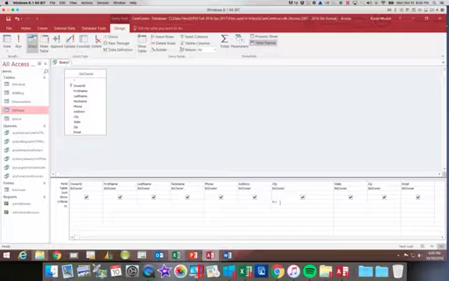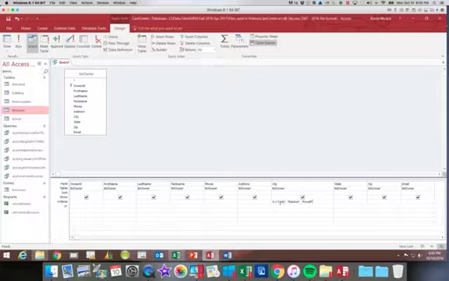So the first value is Cody. So I'm going to type quote, Cody, quote. Then put a comma, and then quote, Ralston, quote, comma, space, quote, Powell,